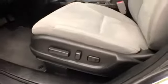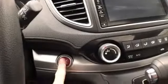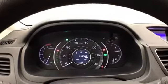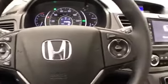This EX has keyless entry, power windows, locks, mirrors, power driver's seat, along with the tilt and telescopic steering wheel to put you in that perfect driving position, power moonroof, large, easy to read gauges, cruise control, steering wheel mounted audio controls,